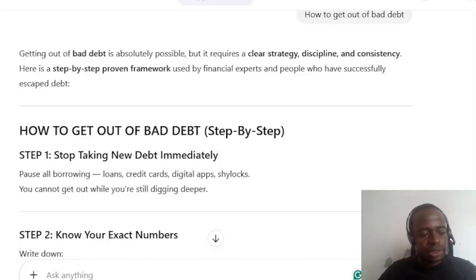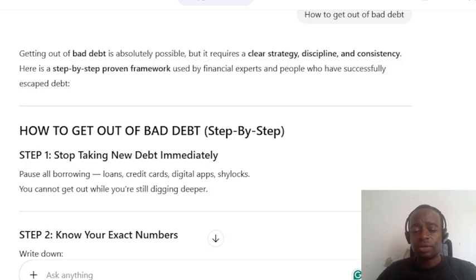Now, today we're going to analyze 9 important steps that you can take to get out of bad debt. And I'm talking about bad debt. I mean debt that you use for your personal needs, or debt that you use for consumption and not necessarily business. So debt is not bad. It's simply a question of how you use debt. For example, if you can take debt to develop a property, later sell that property, earn your profit, pay back the debt, then that is an example of good debt.